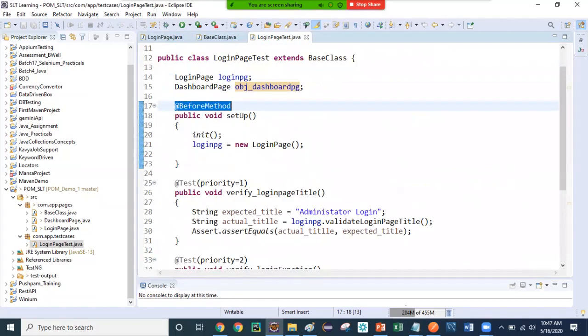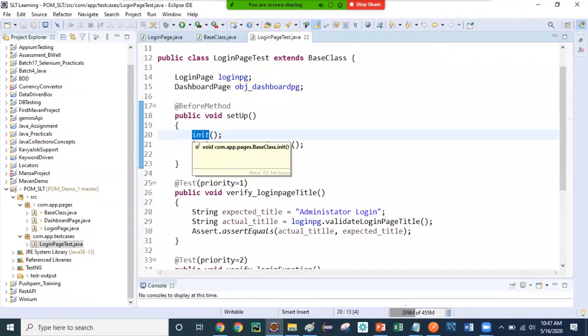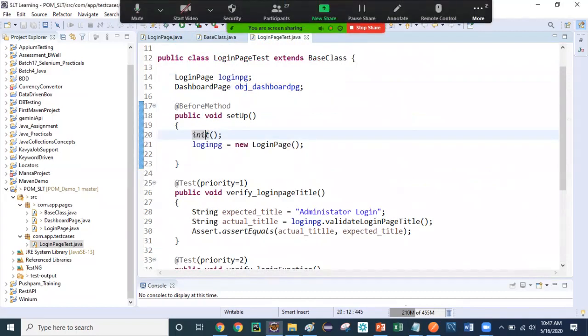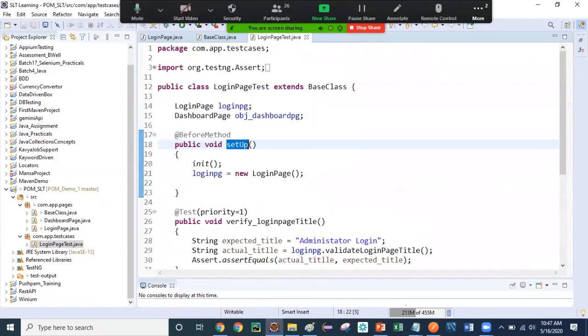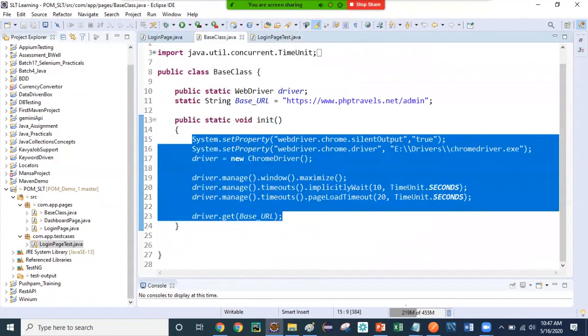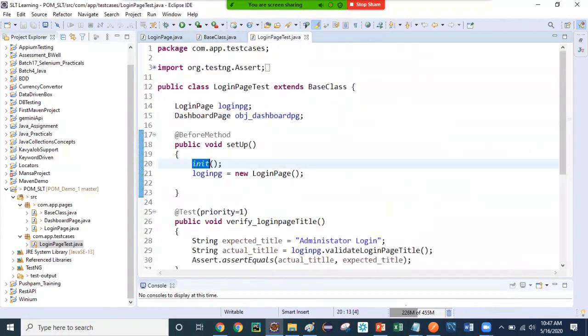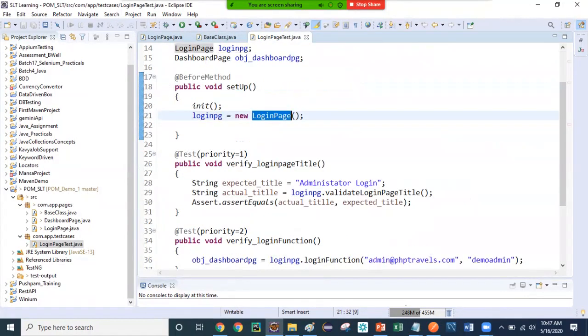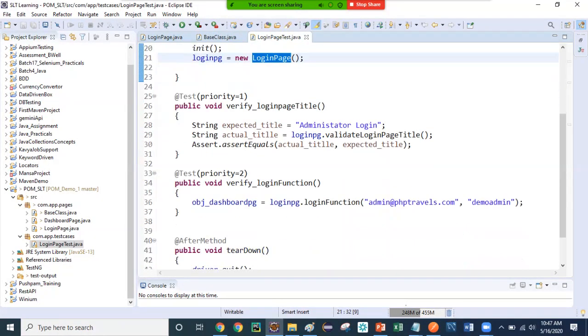You see I have used the init method from the setup. Setup is my first method, the before method. The init comes from the base class, because I have extended, I have inherited the base class. That's the reason it is available over here. I'm creating the login page object to access the login page methods and information.